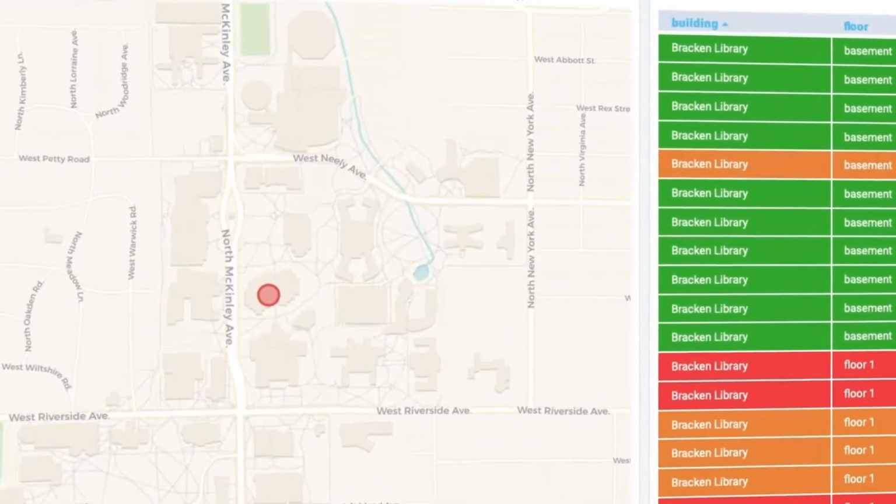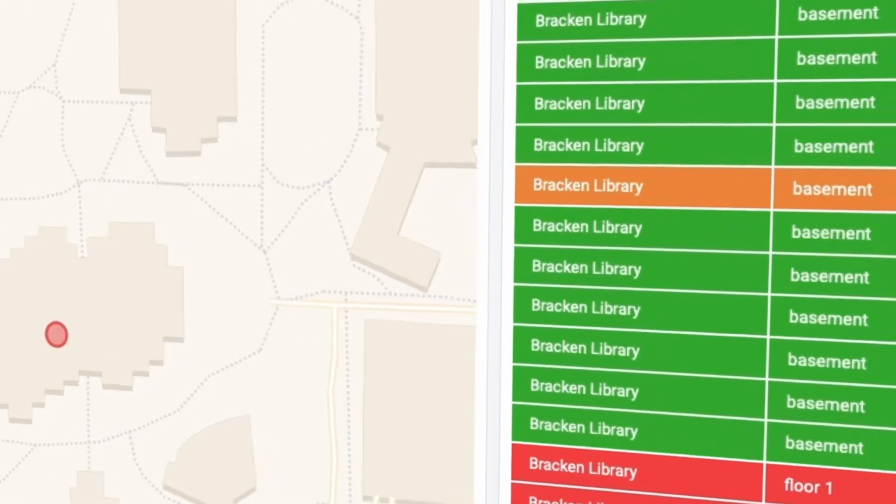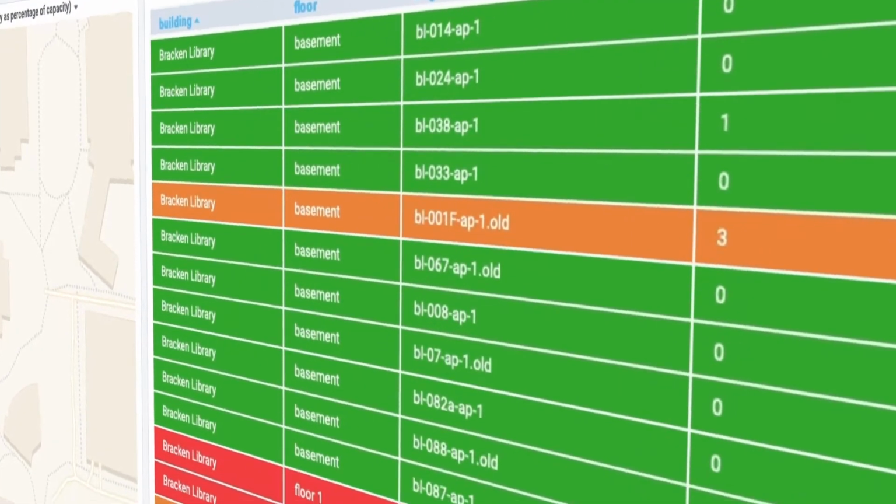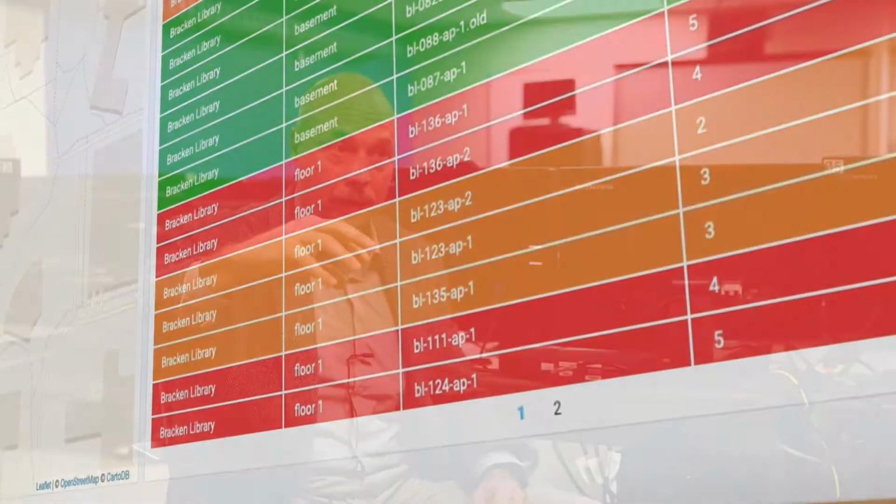So the implementation here at Ball State is we're looking at a privacy-preserving social distancing adherence application. That's a mouthful to say, but we've partnered with UC Irvine, and they very graciously gave up their bandwidth and some server and some programming time to look at Bracken Library. And in Bracken Library, we have a website that's out there, and anybody can go to it. You can look at it, and you can see each individual floor and each individual area of interest in